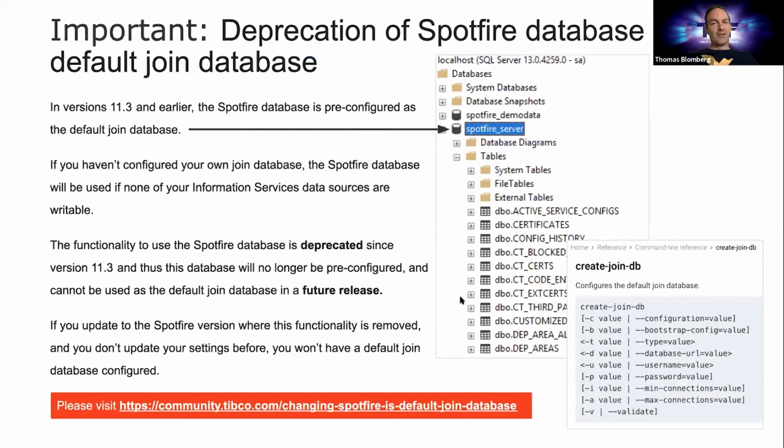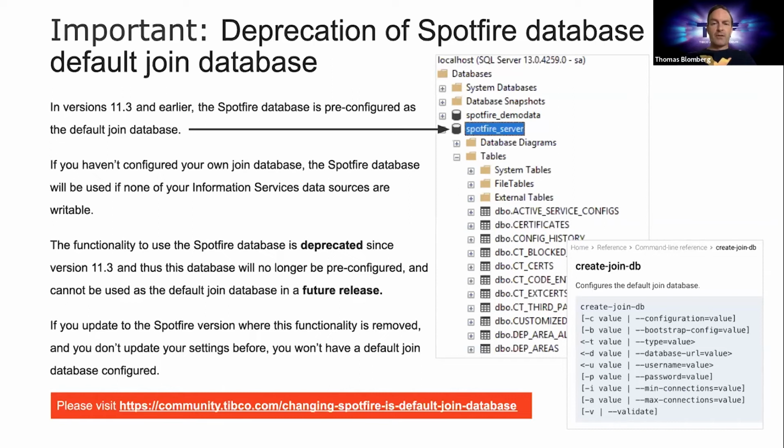This is not a new feature. It's actually a feature we are changing, and that is related to information services, information links, and when you join data from multiple data sources. As you know, unless you're joining data visually or blending data, joining it in a visualization, basically, data needs to be in a data engine, a single data engine. So to achieve that, you need to move data somewhere. If you're joining between two databases, you need to move data to one of them before you execute the join.